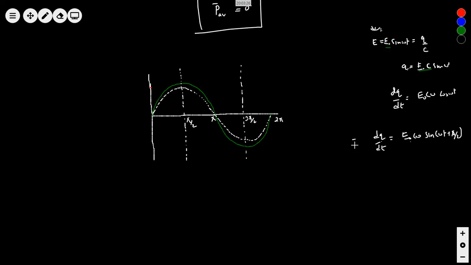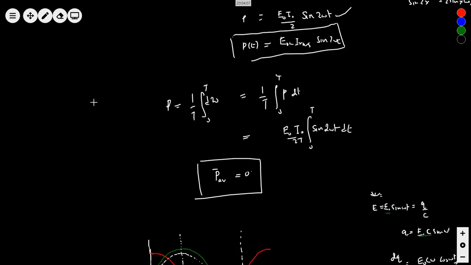So you can see how the current is changing. Current is changing by cos. This was a cos function, 90 degrees. Therefore, our current will be going the same way. So it will be coming from here, then again somewhere here near pi, then you go from here to here, and this is one cycle completed. So this red one is the current. Now let us come to the power.